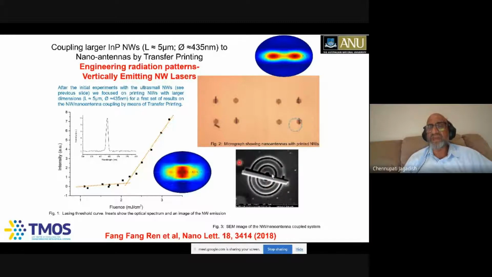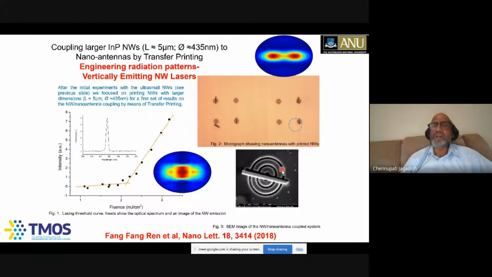In the middle, there's a gap. We asked, can you locate these nanowires in the gap here? You can see the close-up of this particular structure. You can see this nano antenna here and then the nanowire here. If you do not have any nano antenna and I excite this nanowire, light comes from both ends of the nanowire. It acts like a Fabry-Perot cavity, as I showed you.